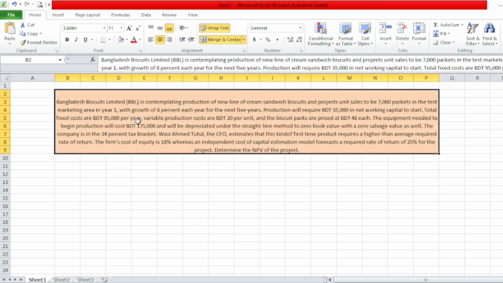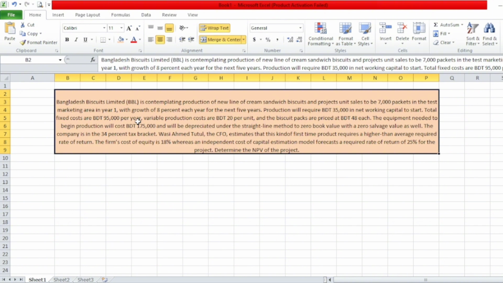Bangladesh Biscuit Limited is planning to launch a new cream sandwich biscuit product. The company expects to sell 7,000 packets in the first year, with sales growing by 8% annually for the next 5 years. The project requires an equipment investment of 175,000 and an additional 35,000 in net working capital. The selling price is 48 taka per packet, the variable cost is 20 per packet, and the annual